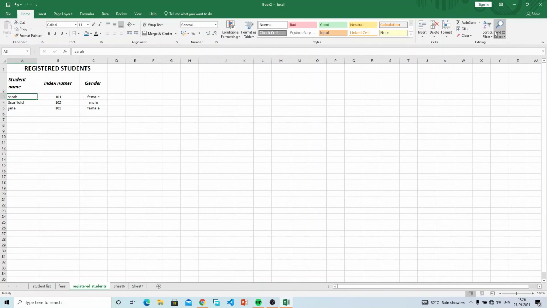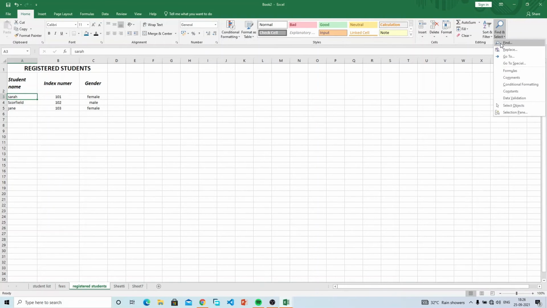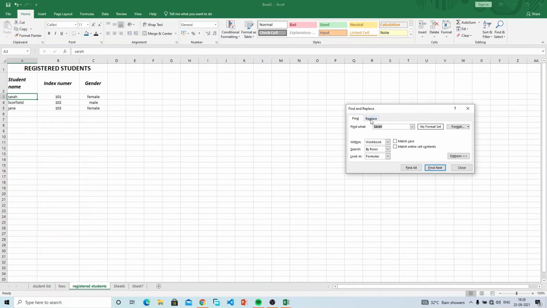You can find it by coming to replace here, or you can simply find it at the find functionality, where you can see replace beside it. So you just click it, and then it says find what. So what do you want to find? Although you want to replace, it's asking you find what. You need to find something and then replace it. That's how it works. Let's say Scofield, the spelling for the name Scofield is wrong, so we want to replace